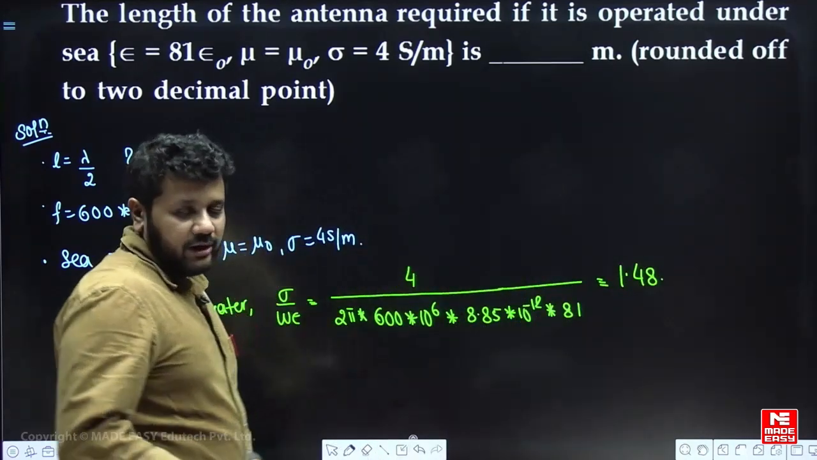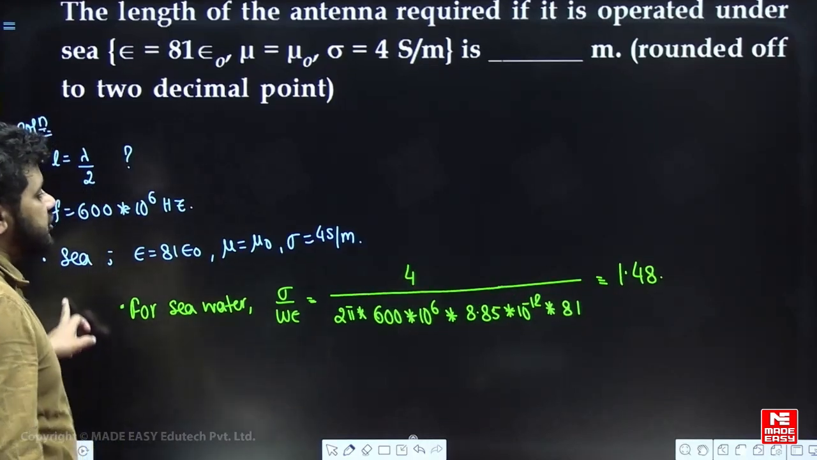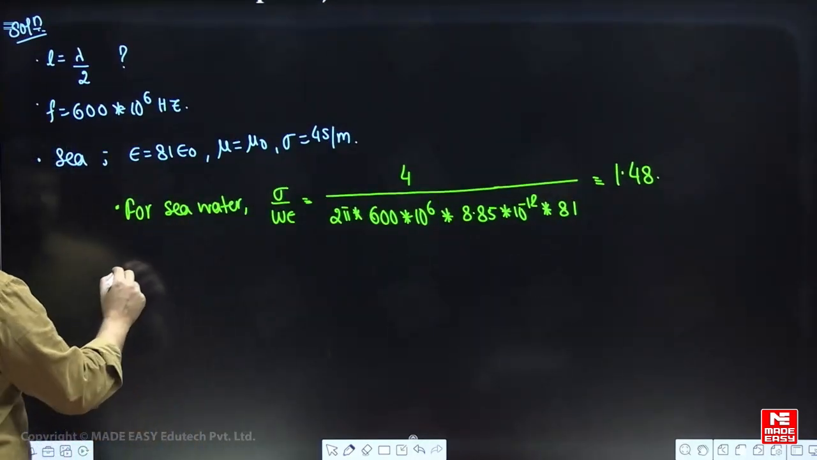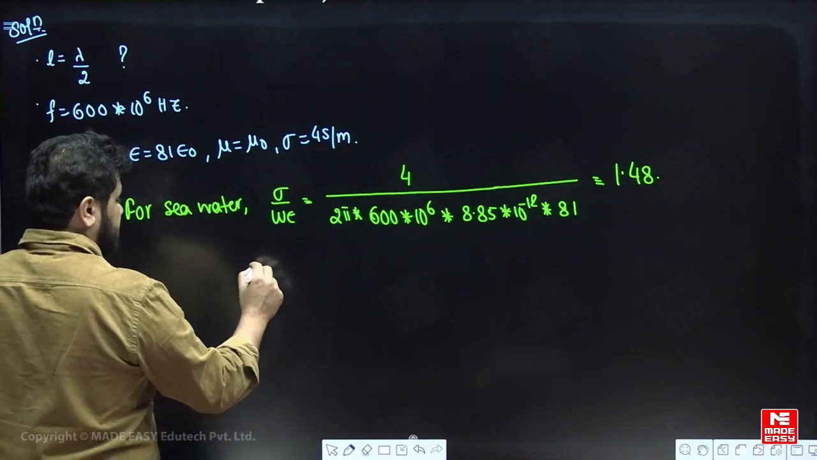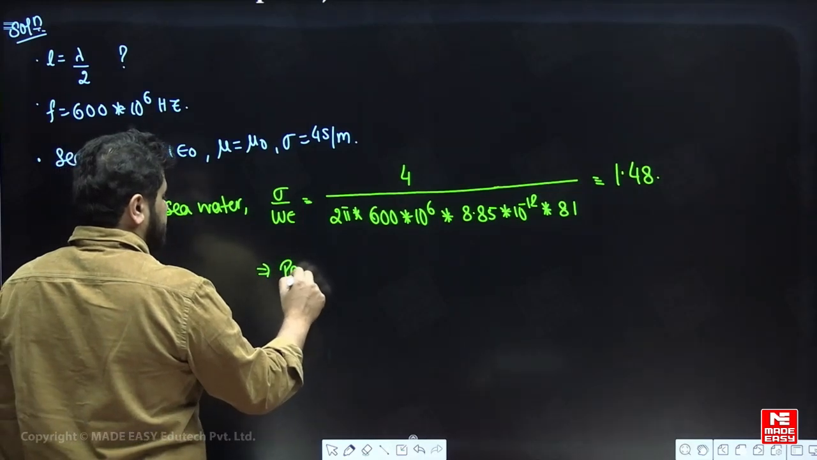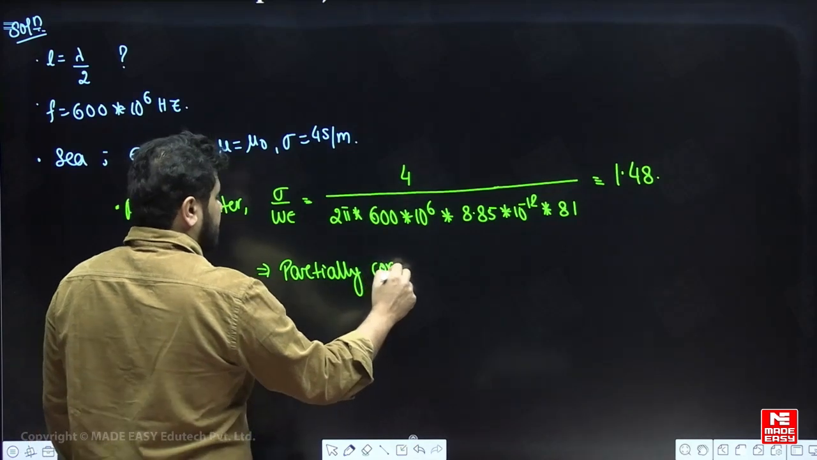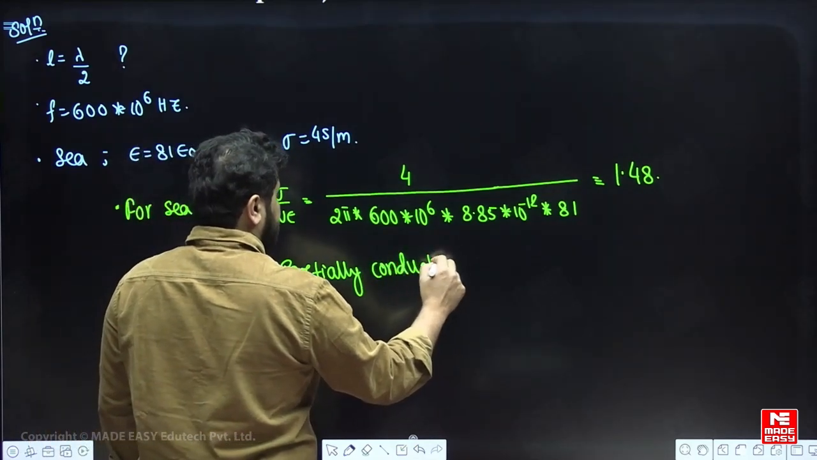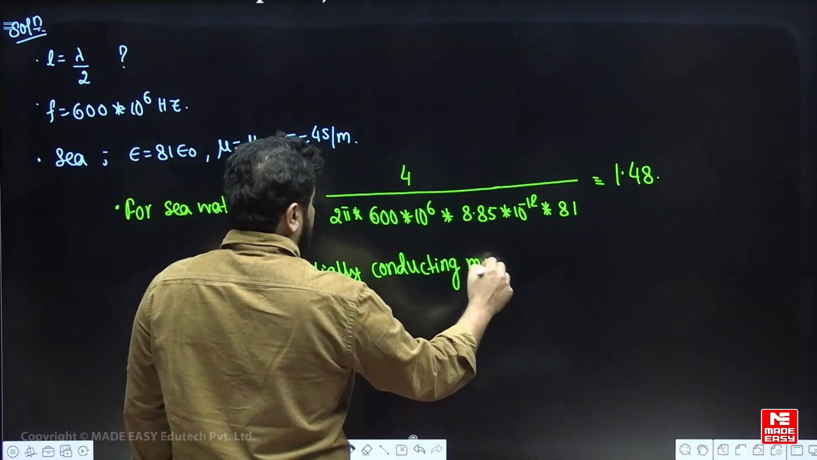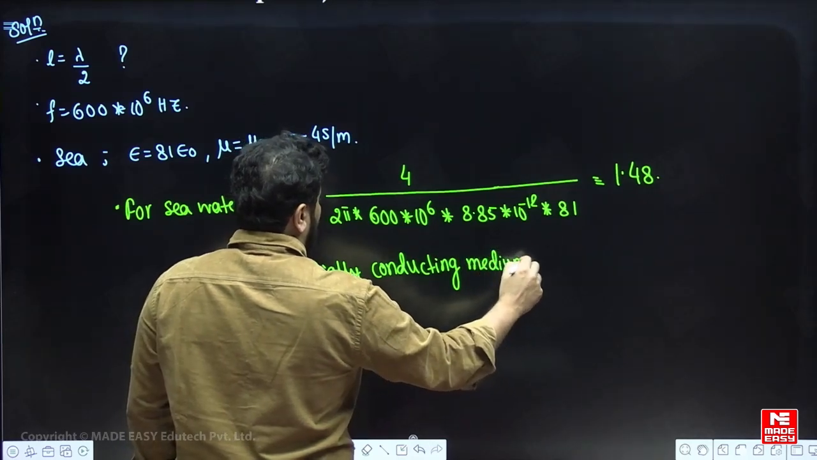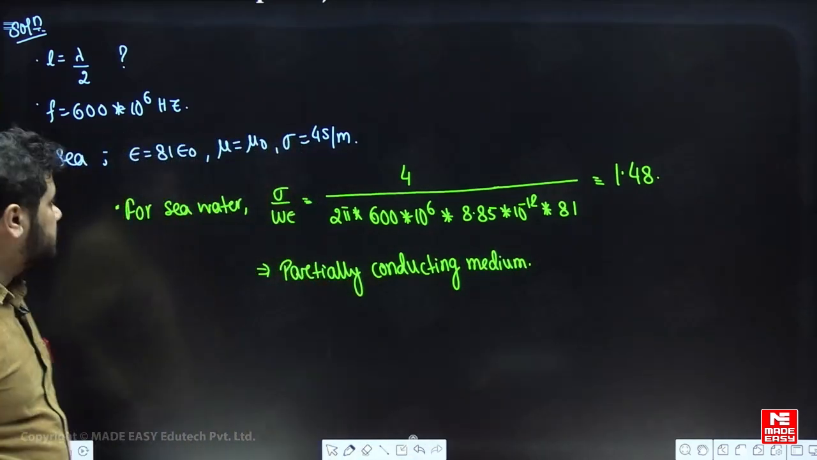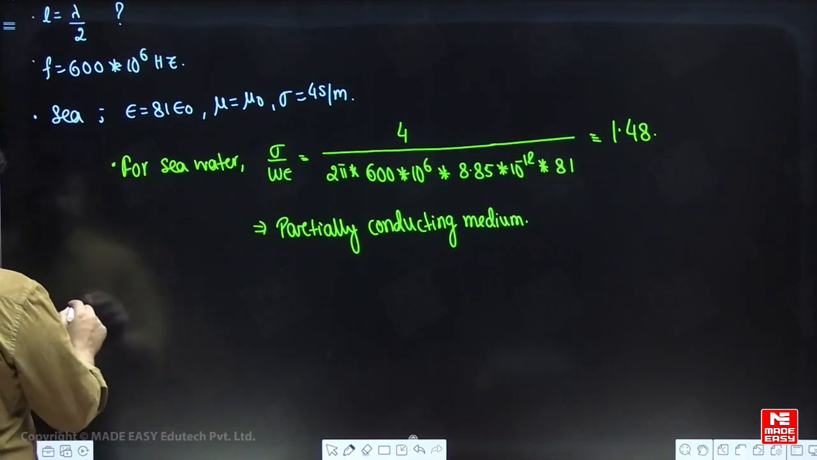Now 1.48, that means it is a partially conducting medium, right? So what does this signify? This signifies it is a partially conducting medium. So if it is a partially conducting medium, I want what? Lambda. So therefore